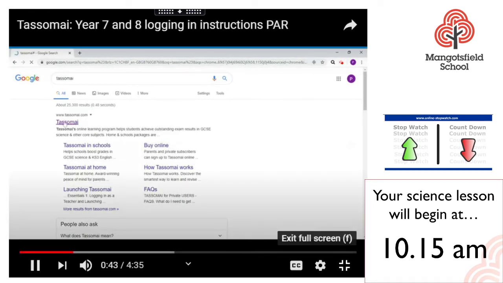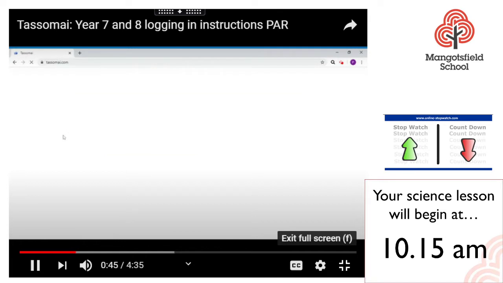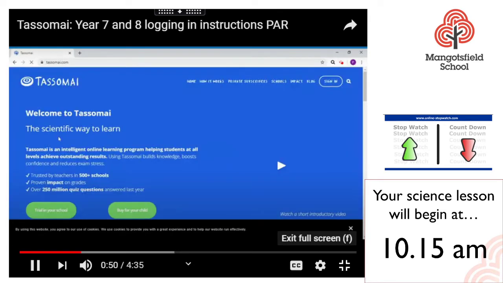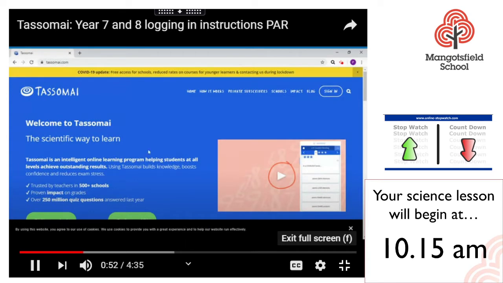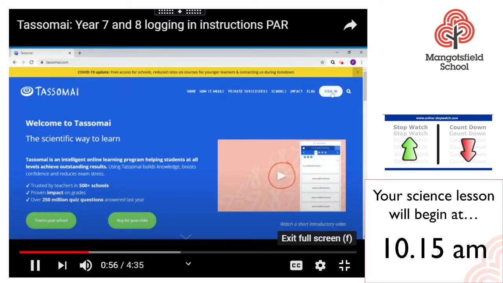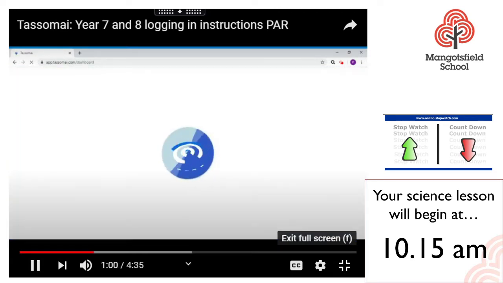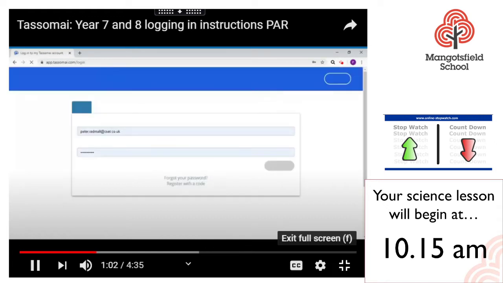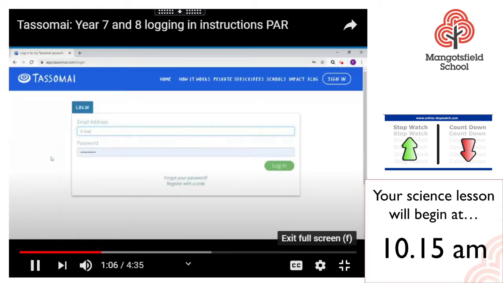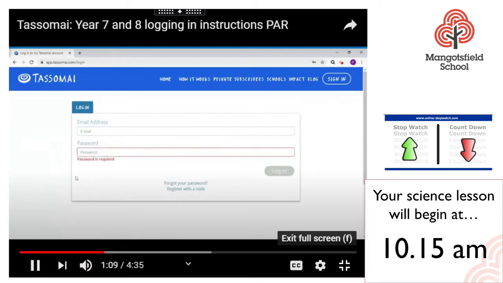Got there eventually. Just click on the first search result. And then if you go to the top right hand corner and sign in. Now you won't have a login yet, so you need to go to the option down here which is register